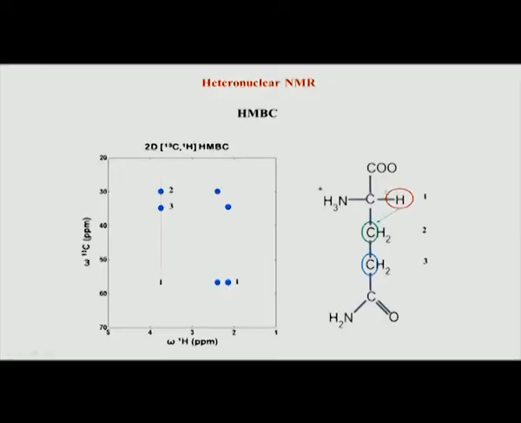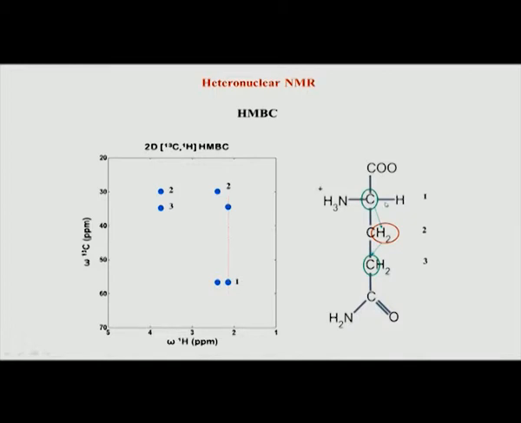So, you can see here, for example, in this molecule which is glutamine, you can now get correlations from this hydrogen atom to the carbon two bonds away, and you get a correlation to here. Similarly, you can get a correlation from this proton to the further carbon. What is done typically is that we suppress the one bond correlation in HMBC by tuning the coupling constant or tuning the delays in the INEPT to the frequency or the coupling value for a two bond.